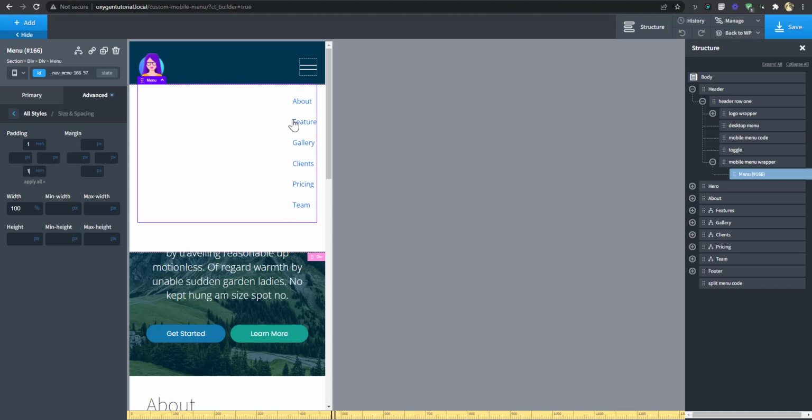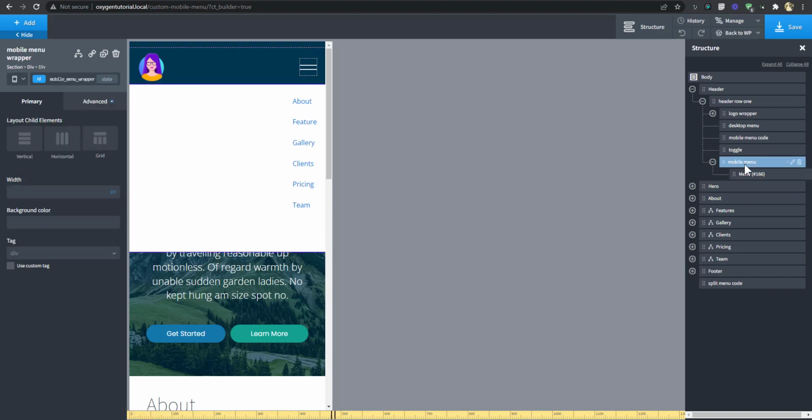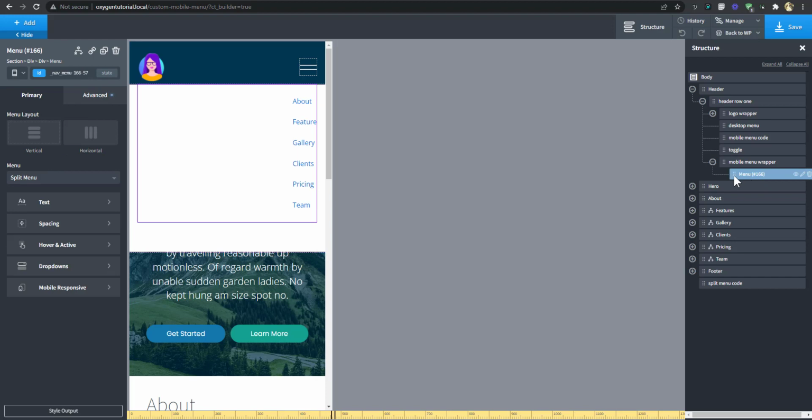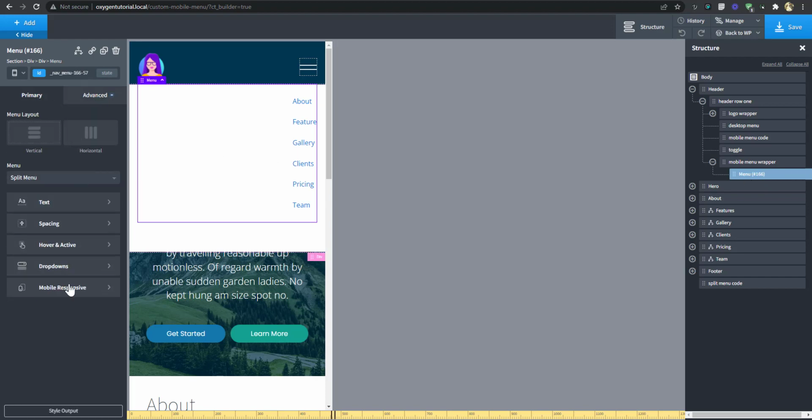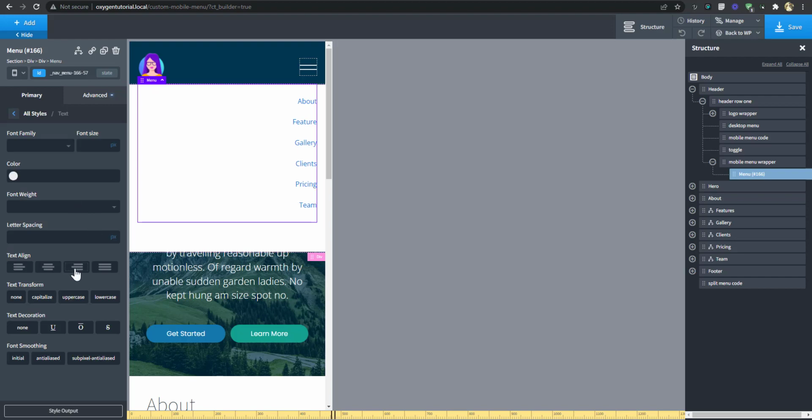So that could work. There's already a padding on the side, we're okay with that. And on the menu, what we did here was go into the text, and that works. I think that's what we should have done before.